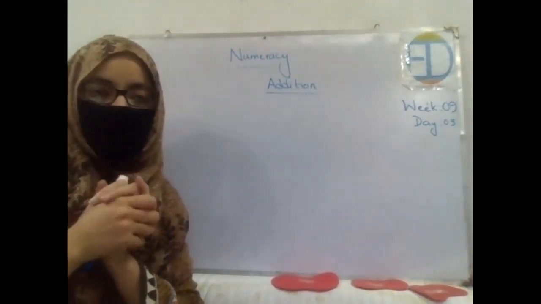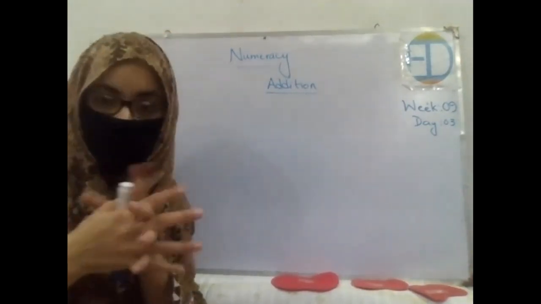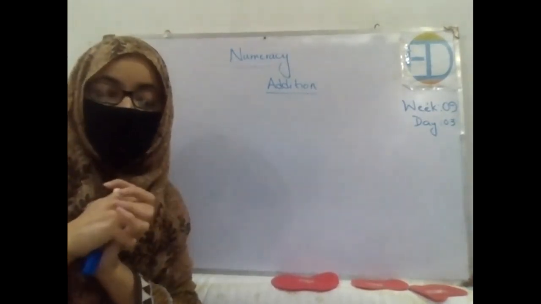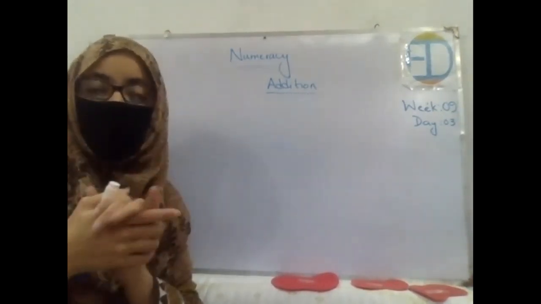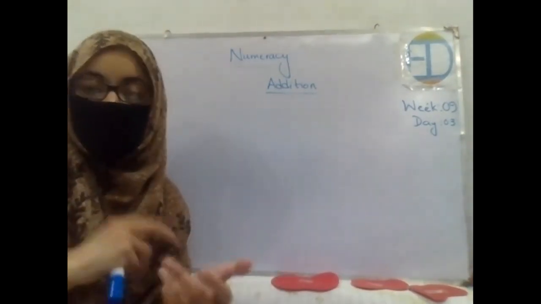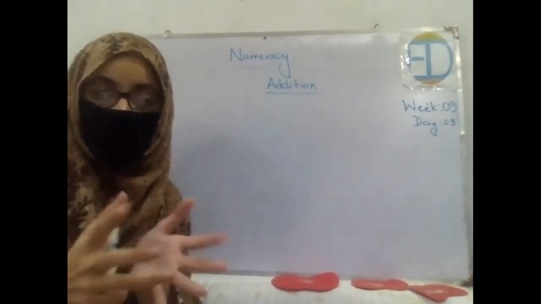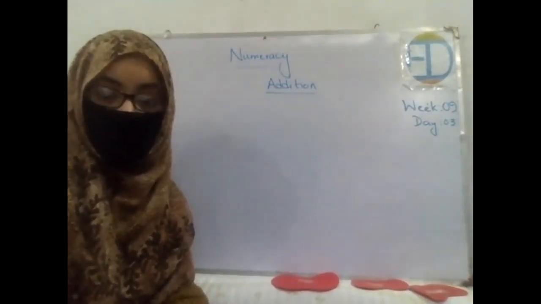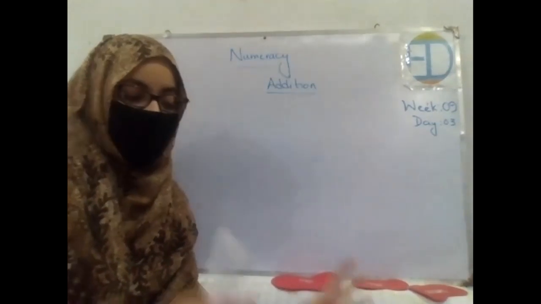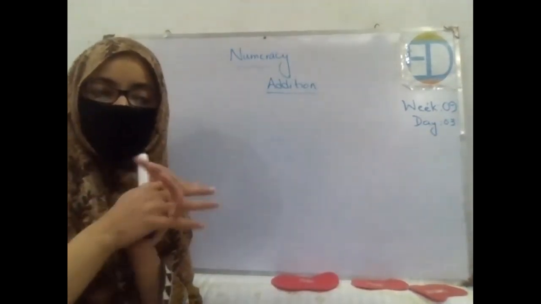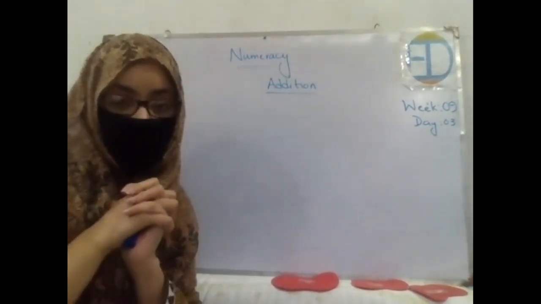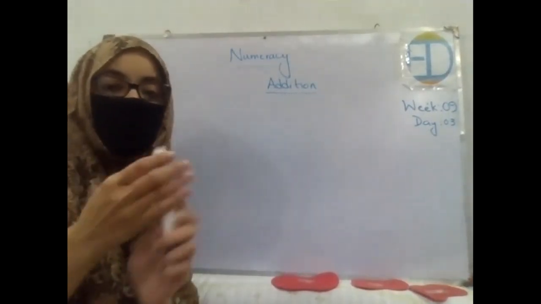So, in today's class, we will be starting with a new unit and doing different topics as well. Tell me, so far, whatever we have covered, is there any confusion? Is there anything that you want me to explain again? No, everything is clear. That's very good. Okay. So, in today's class, we will be starting with one of the very basic units of mathematics, and that is number operations.